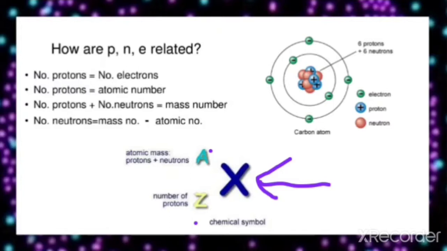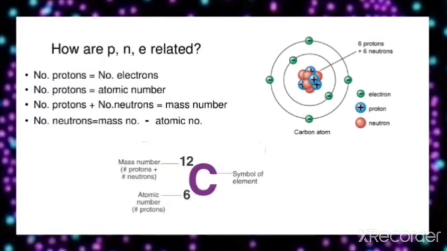So this is the way of representing an atom. Let us take this particular example and see how we represent that atom. Here this atom is a carbon atom. So instead of writing X, what will we write? C. The symbol for carbon is C. So we are writing C, representing carbon by C. And what about the atomic number? Here the number of protons is 6, so its atomic number is 6.